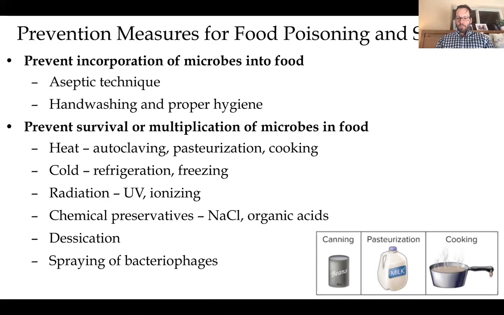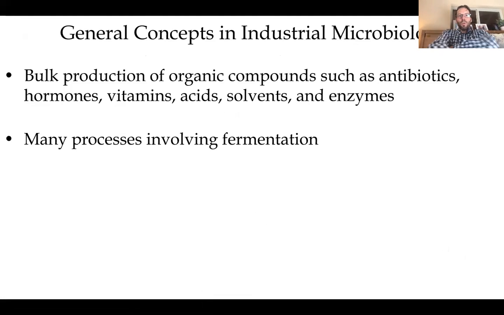All right. So then what I wanted to shift into now is how we use microbes from an industrial perspective to make things for us, whether it's natural metabolites and byproducts of microbes, such as antibiotics that they use to kill off other microbes, or certain vitamins that they make that we don't, or that we need more of, or if it's things like acids or solvents that we